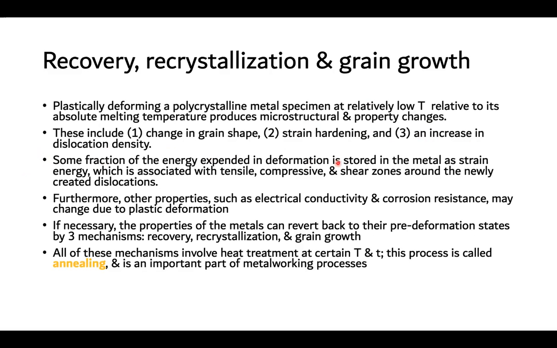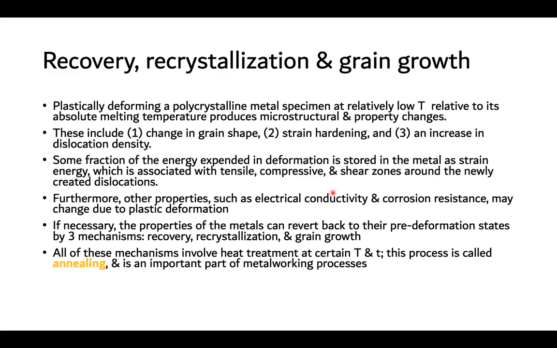So if we stretch something, if we stretch metal, of course we need energy to stretch it. The energy will be transferred into the deformation in the metal as strain energy. Sometimes, with the strain energy, some other properties can change as well, for example the optical conductivity or corrosion resistance. Usually the corrosion resistance will decrease, so the metal is going to be prone to corrosion if we have